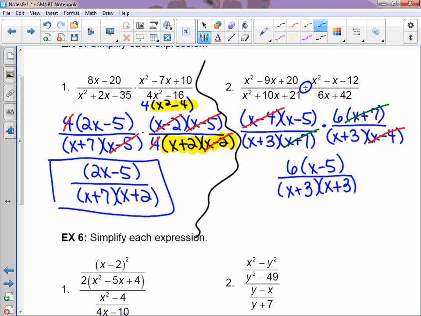Okay. Any questions at this point? We just write x plus 3 and square. Yes, that's what I was going to say next. So this answer is fine. Okay, but